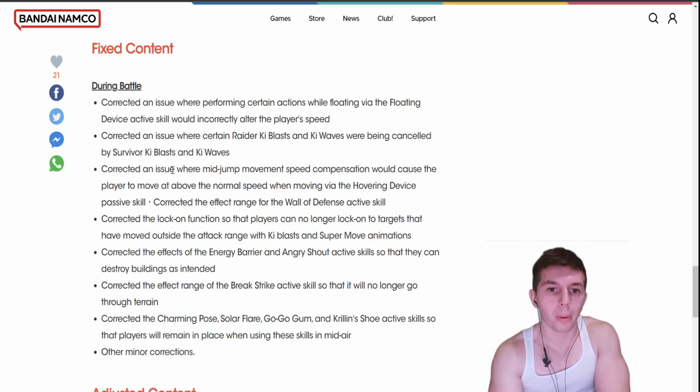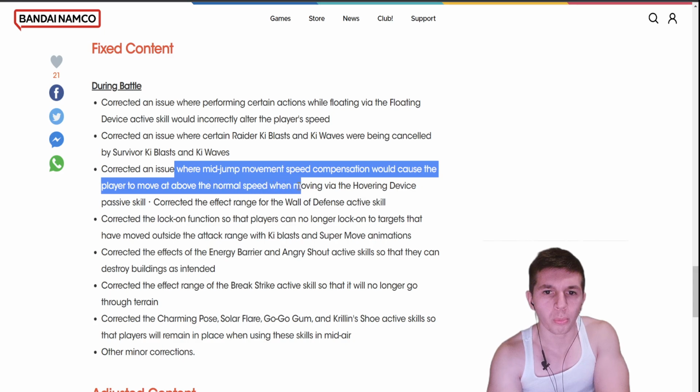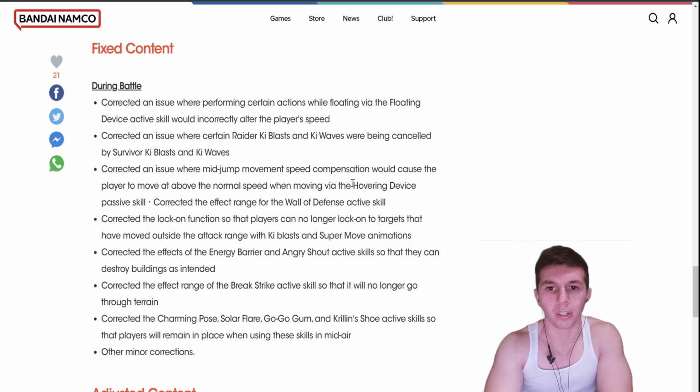Corrected an issue where mid-jump movement speed compensation would cause the player to move at above the normal speed when moving via the hovering device. Okay, so this is what I was talking about. Bro, they're really nerfing the...